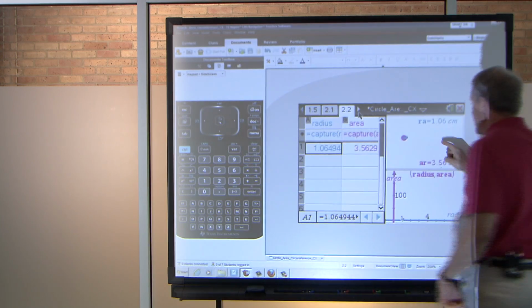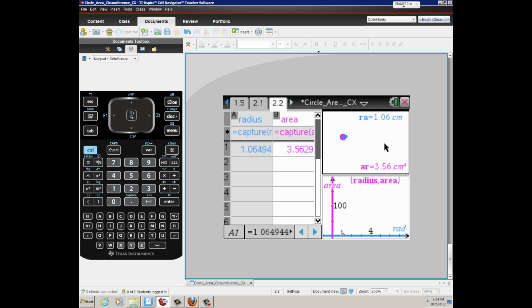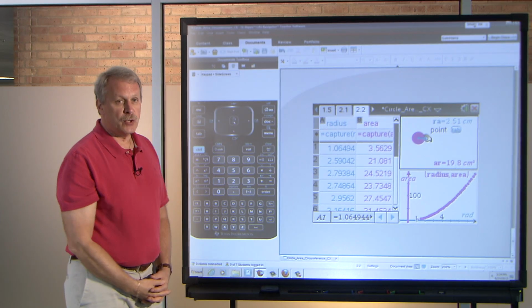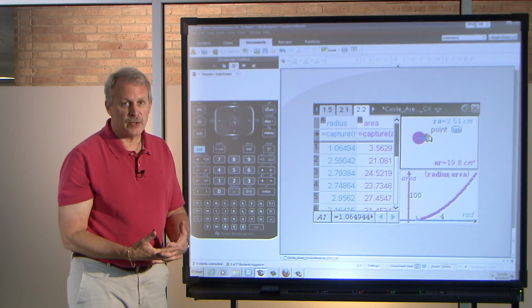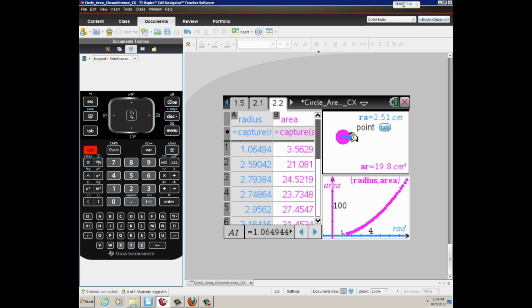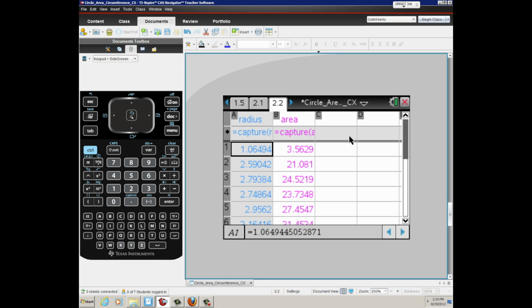Go over here, the student is asked to grab the end point of the radius and pull it out, pull it back in, and you can see the data is being plotted again, only this time it's not linear, nor should it be. And students will say, oh, it looks kind of quadratic. And again, we're going to do the same thing. Try to model this by guess and check. So I'll do that Control-6, which again explodes this out. And I'll move along to